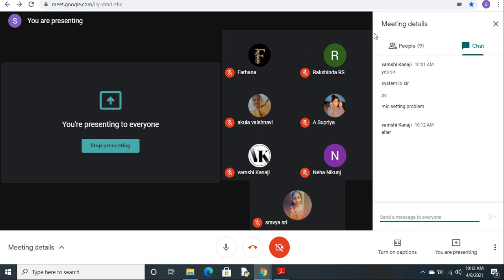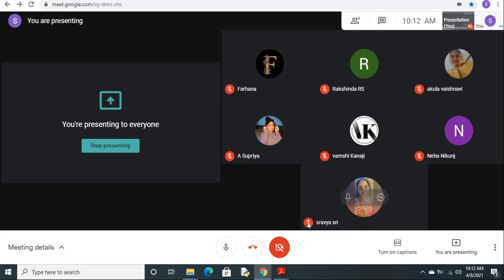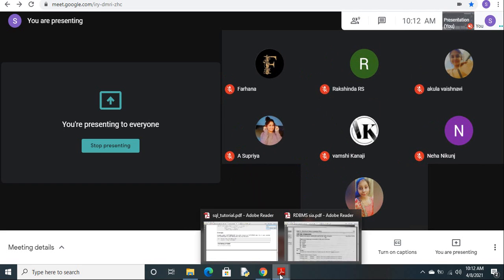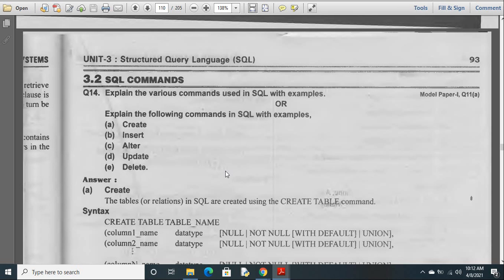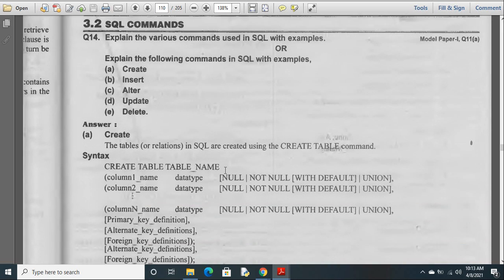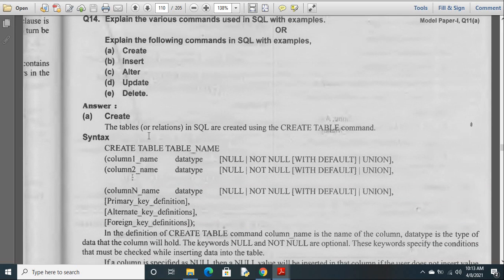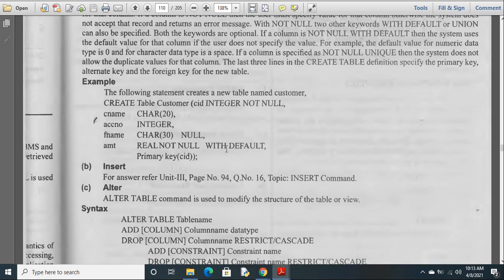Only alter I have to cover, except alter remaining stuff. What is the meaning of alter? Modifications, right? Changing, yeah, anything.